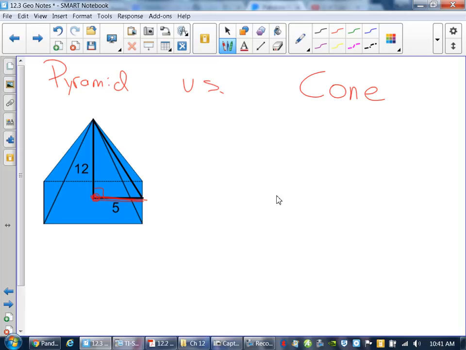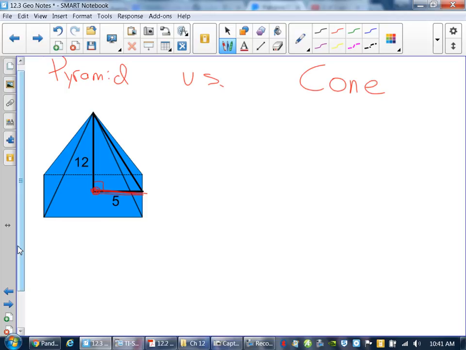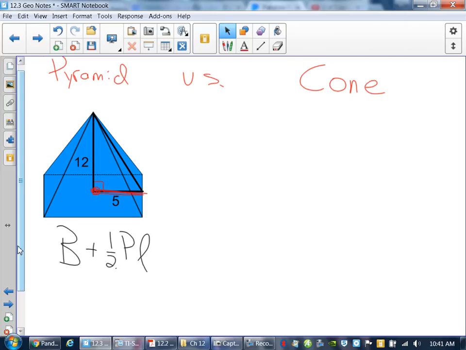Now, what I want to show you guys here real quick, the difference that we're looking at between pyramids and cones. Just like when we talk about prisms, the pyramid was the area of the base plus half the perimeter times the slant height. Well, when you have a cone, I thought I had a picture of a cone. Let me do this real quick. When I have a cone,